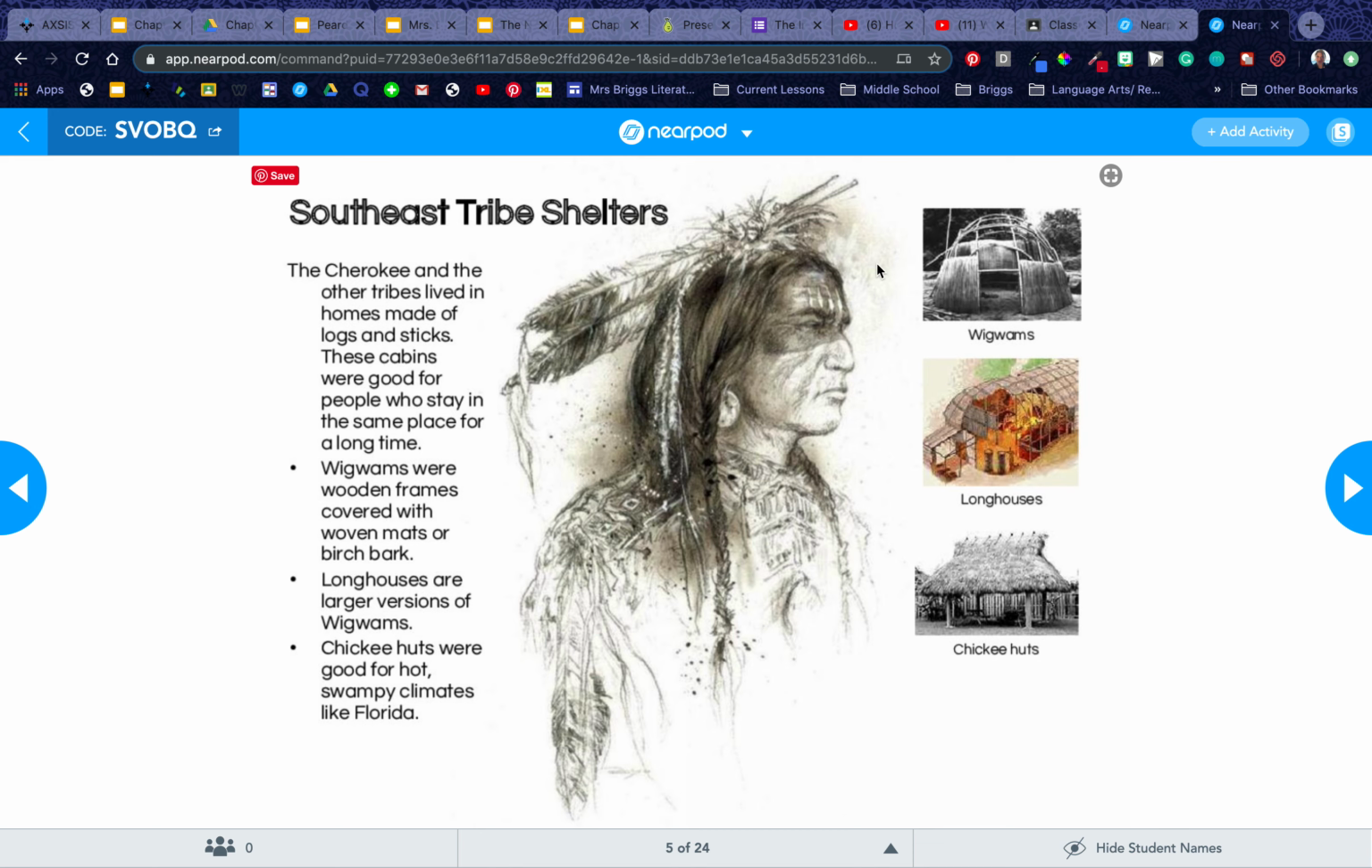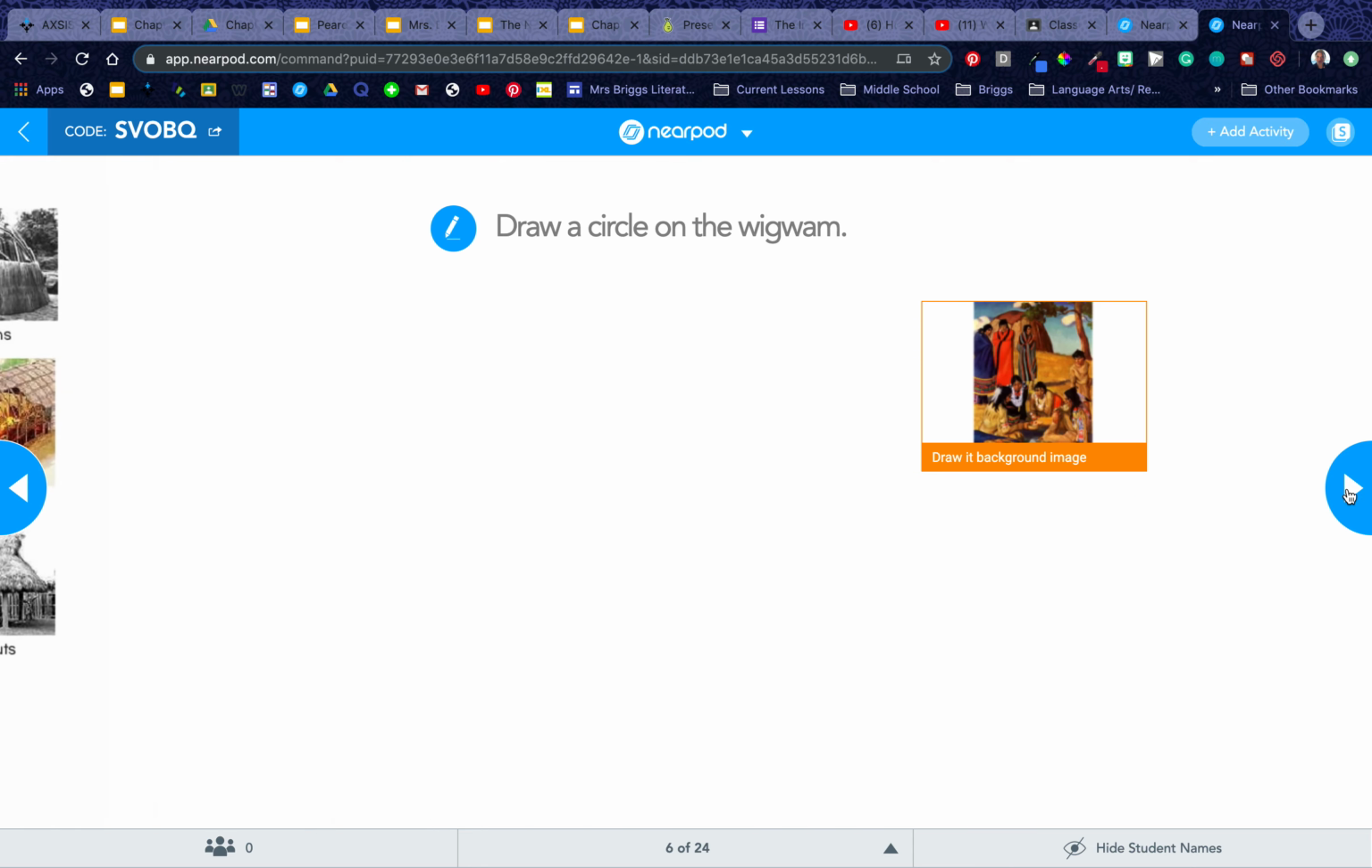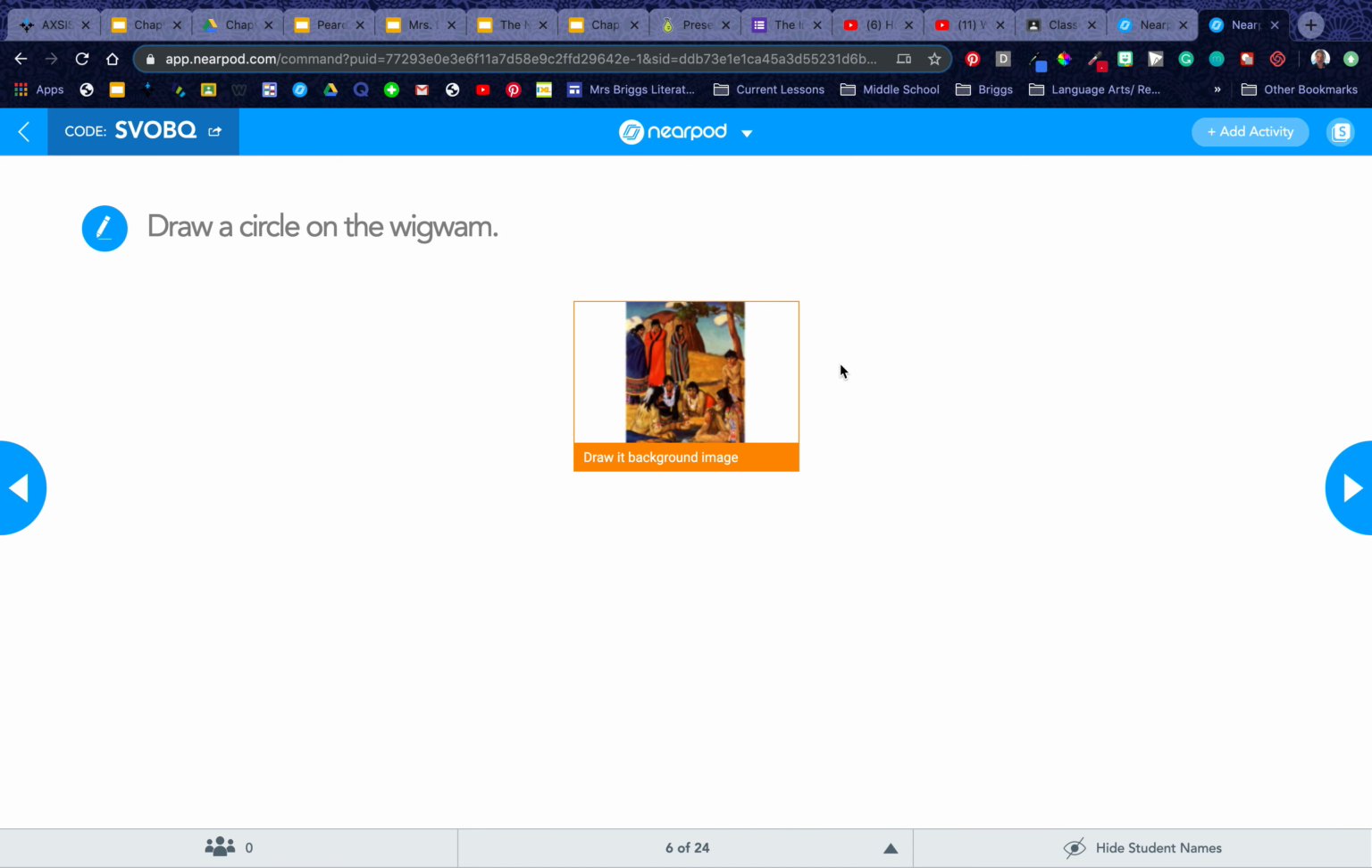And so we get a good visual of what those are. And then I'm going to ask them to find the wigwam in the picture and circle it. It gives you an idea that they're paying attention. And they will be paying attention because when this screen is up, everybody's picture is going to be up there. And you can then unhide them so that they can take pride and say, hey, look at mine, there's mine,